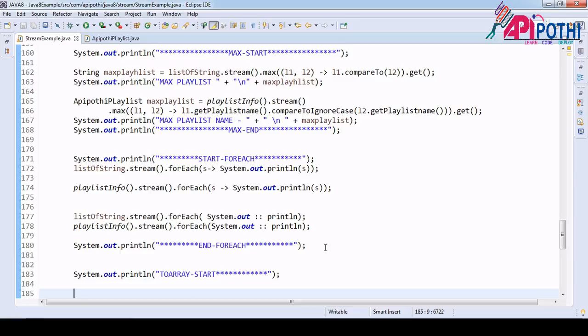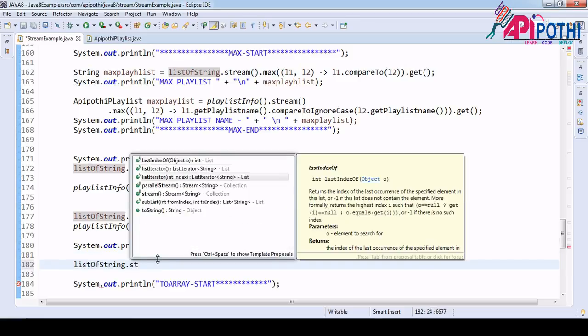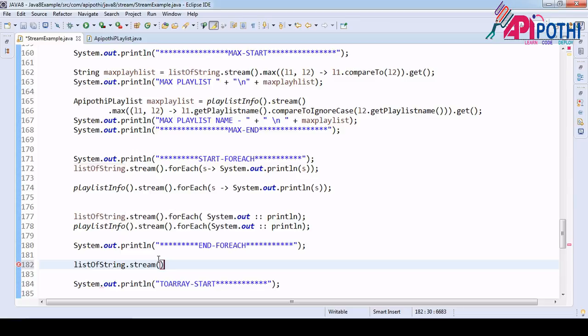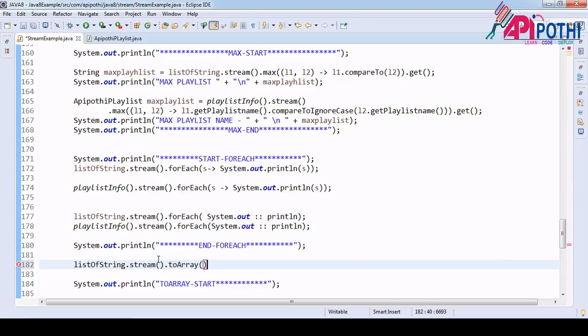So what to do with the toArray? First get the string object, put this object inside the stream. We know everything we are going to do with the stream, and you will have the toArray method here. That's all, and since we are not doing anything, by default it returns the object type, right? Object array.